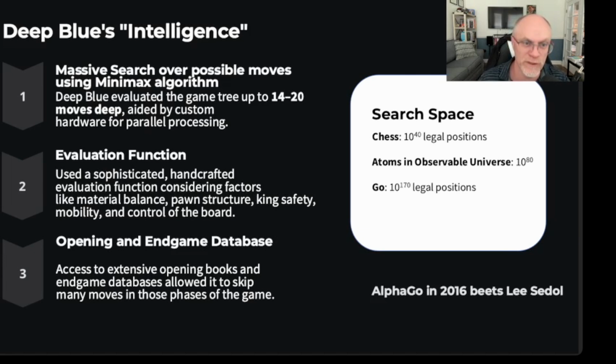Later on, we also saw the game of Go, which has even more possibilities, as you can see. In this search space, in this box right here, you can see how many legal positions there are in the game of chess. The game of Go has 10 to the 170 positions. That is more than there are observable atoms in the universe. So even if we had a computer that used every atom available to us, we wouldn't be able to compute those different possibilities. This is that massive search space that I was talking about, where I can intelligently navigate that and look for a good solution. And so you can see that brute force will not do it. That's where intelligence comes in.